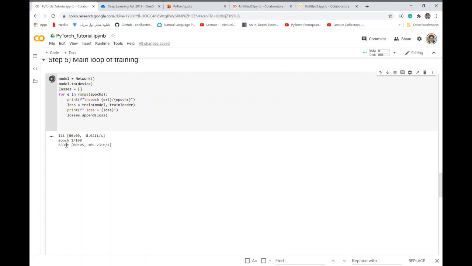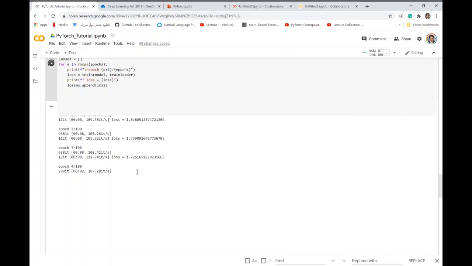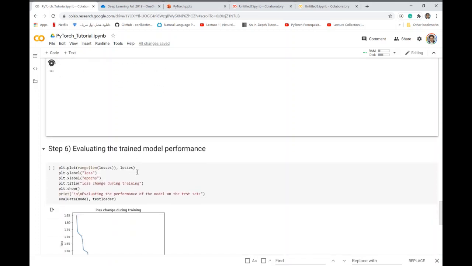At the moment we are in epoch 1 of 100 epochs. So the first epoch finished, and the average loss of the epoch is 1.8. Now we got the results of the second epoch. It is 1.7, and we need to wait until the last epoch. But I had run this model before,